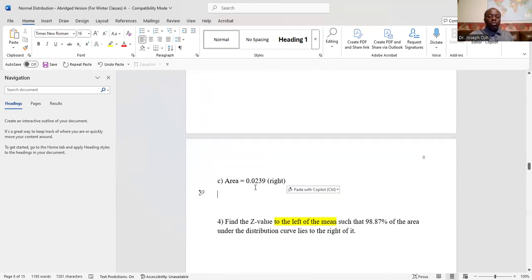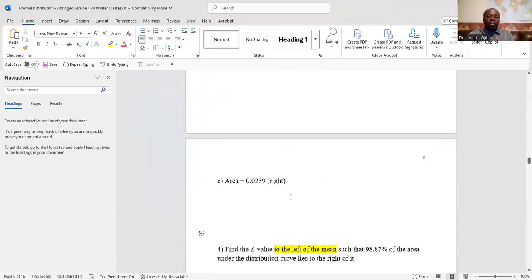Because it's 0.0239. Clearly, this is on the tail, because it says 0.0239. So in that case, you just do the